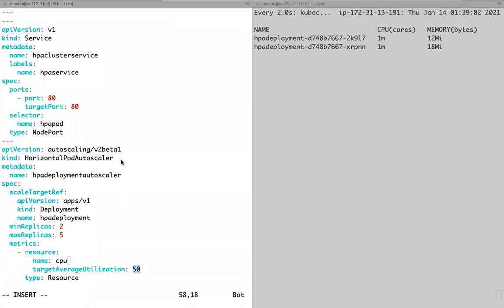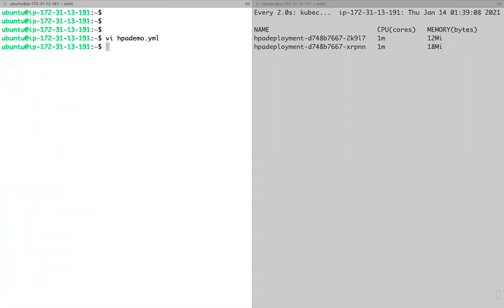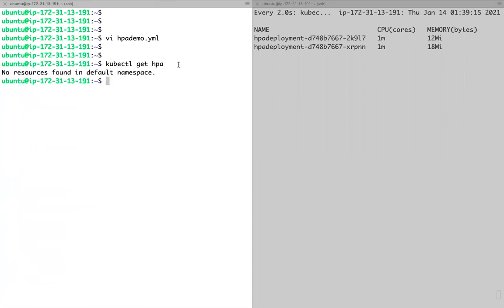So let me save this. Before applying, let me see HPA, Kubernetes horizontal pod autoscaler. Do I have any HPA objects? Any HPA I have deployed so far in this namespace, in this cluster?